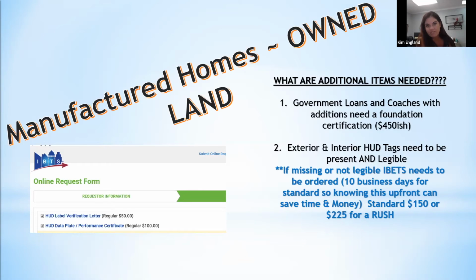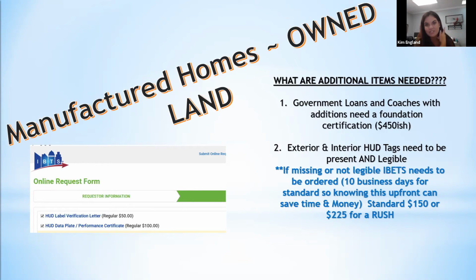And on a manufactured home, there are two little metal tags, one on each coach. Typically it's a double wide, or three if there's a triple. There's a little metal tag towards the back. It has to be legible. It talks about the manufacture date and where it was from. It has to be legible and attached to the coach.